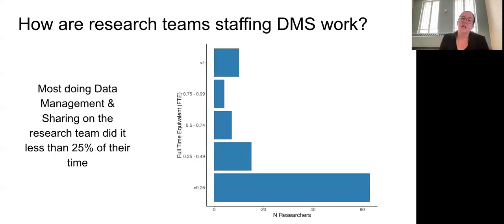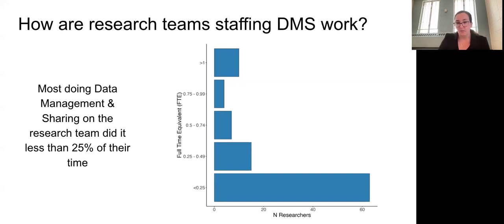So next slide. The last thing I wanted to highlight is how research teams were staffing people to help with their data management and sharing. So this is one piece we collected as part of the costing data. So we asked who was doing the work and how much effort they were doing, the percent effort, and then looking at salaries to calculate that total cost. And so here we've represented it on the vertical axis as full-time equivalent, with one being, I have a person, a data manager whose full-time job, or more than one, is data management. And so whether research teams had that, versus at the bottom, less than a quarter time.